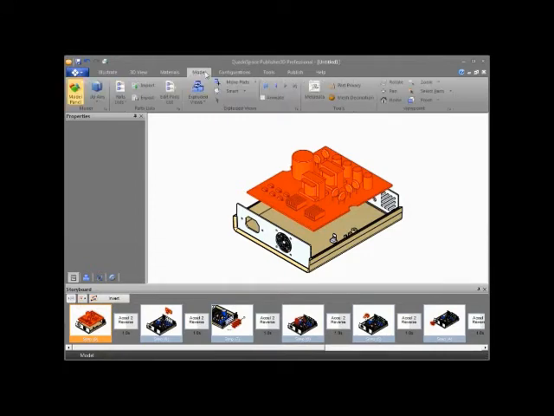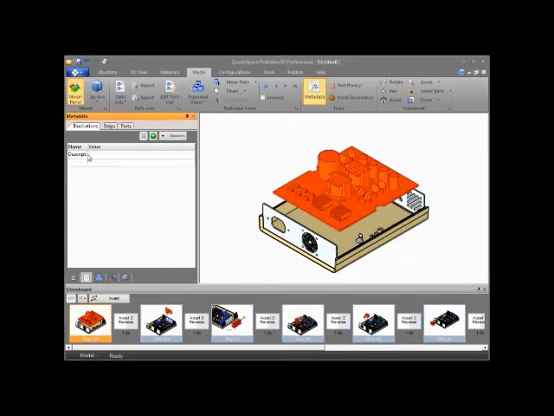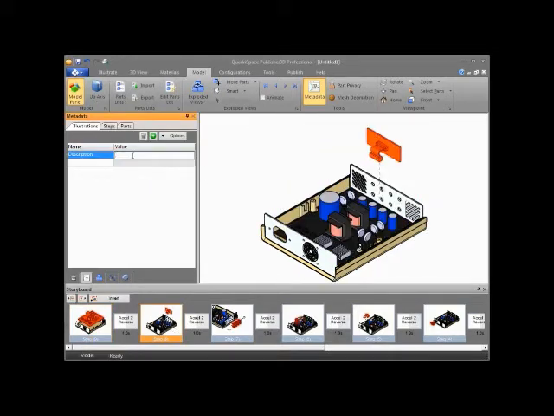To do that, there's this metadata panel, for example. And you can type in any metadata. So for example, we want to type in a description, install the circuit board, for example. And on the next one, we'll install the I/O board, and on and on. And that would be the process for setting this up. And the result would be,